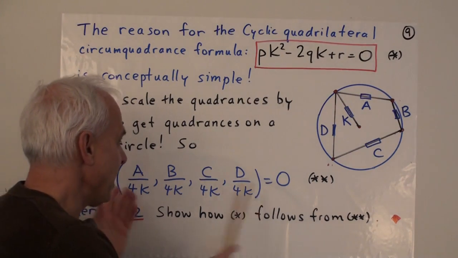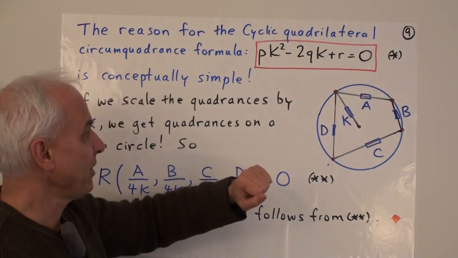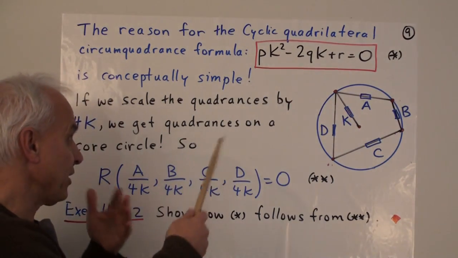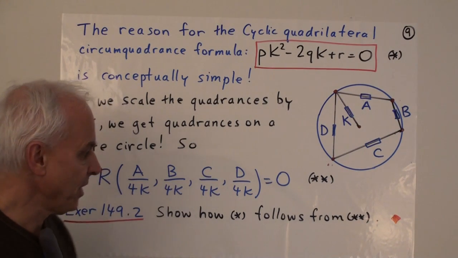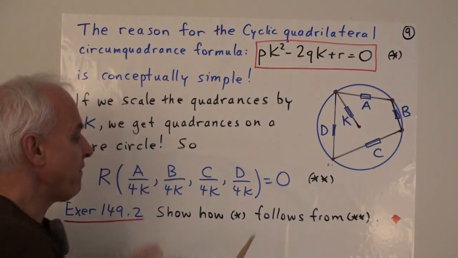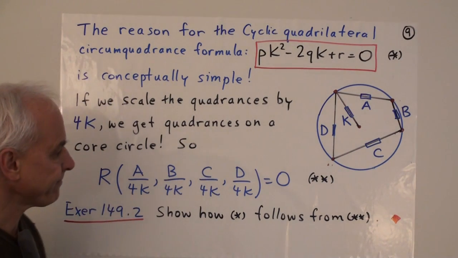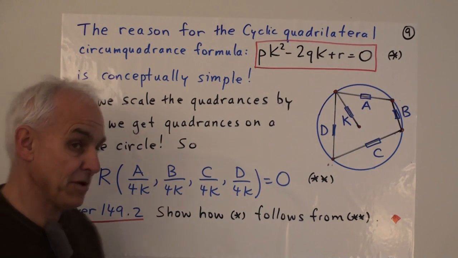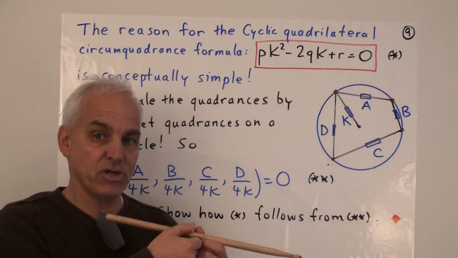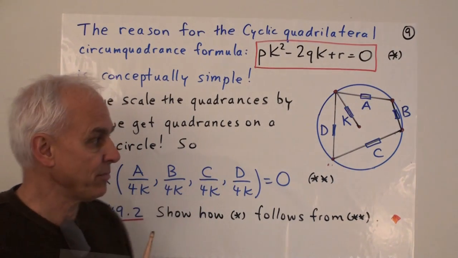And it turns out that when you take this expression and you clear the denominators, you will get, somewhat surprisingly, a quadratic equation in K, and it has exactly the coefficients that I said it did. So this is a great exercise for you to do, to show how this formula follows from this one, basically just by clearing the fractions. It's really a very remarkable thing that it comes down to this one-dimensional result, about 4 points in this one-dimensional projective line situation.